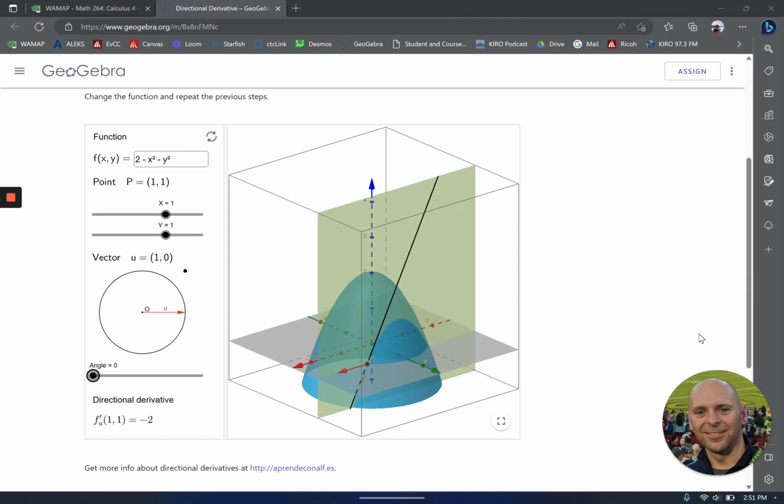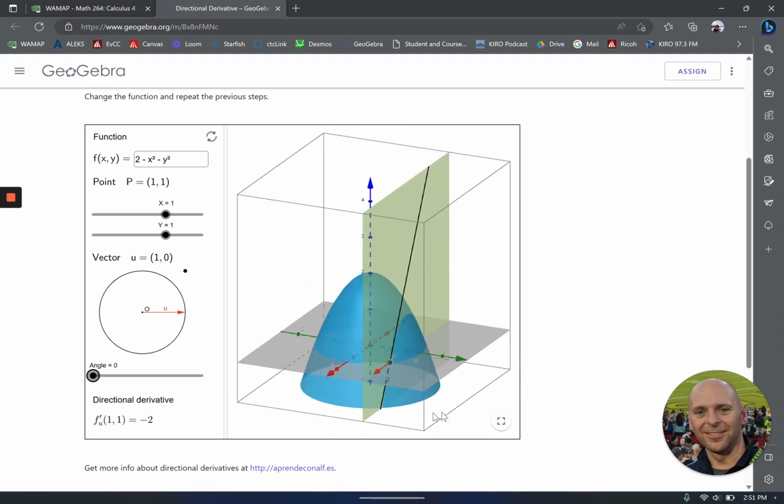This is just a quick visualization on directional derivatives. I've loaded up a GeoGebra applet I like to use because it gives us a sense of the direction we're looking, and it also gives us the slope of the tangent on the surface at that particular point. So here we've got a paraboloid, and I've set it up initially to represent the partial of f with respect